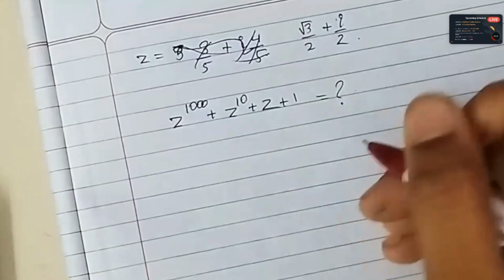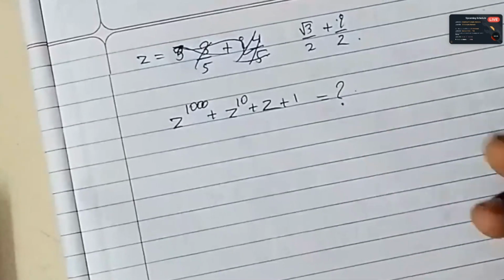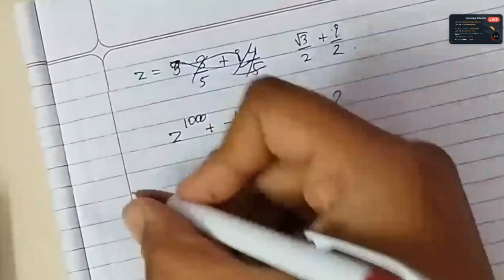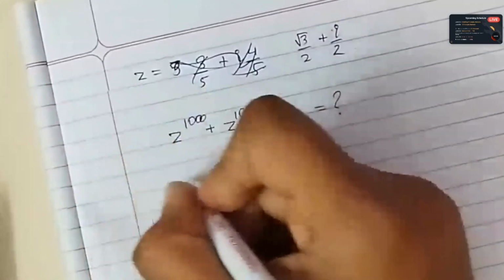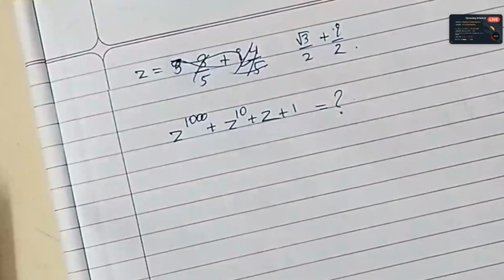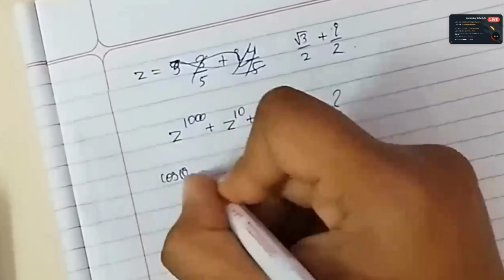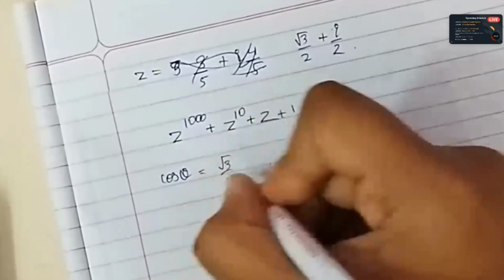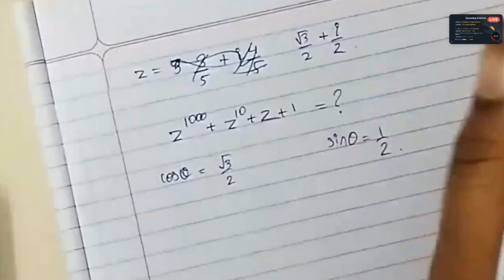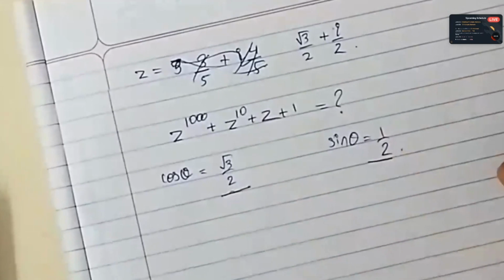So we will use a property here. We will solve it without the property, but later on we will do it as a generic proof. We will start with this number, which seems a little familiar, right? It looks like cos theta equals root 3 by 2 and sine theta equals 1 by 2. The values are looking very trigonometric, right?